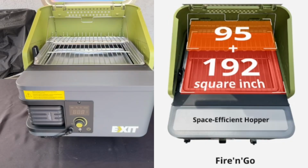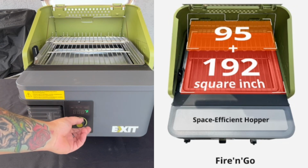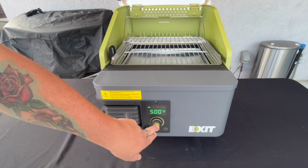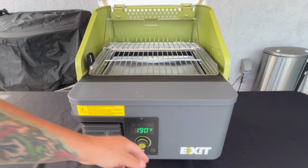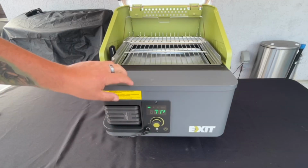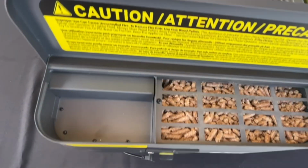So if we open the lid and we start looking at the grill plates, the top grill plate has 95 square inches and the bottom has a whopping 192 square inches, totaling 287 inches. Just look at how the Fire and Go compares against the Traeger Ranger and the Pit Boss portable pellet grill. The numbers don't lie. As a matter of fact, I've done the math, and that's 56% more cooking area, all